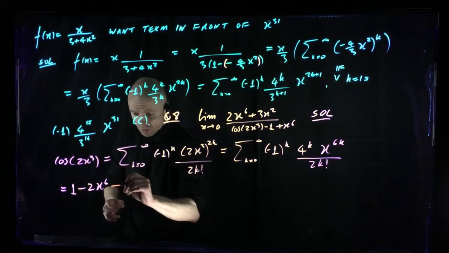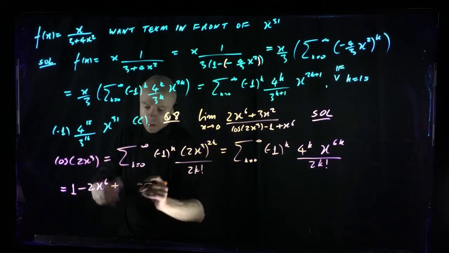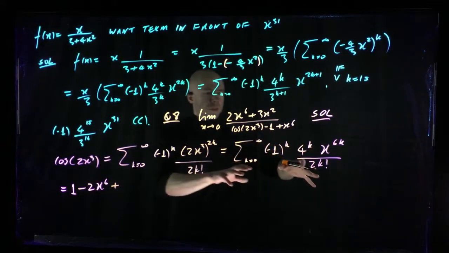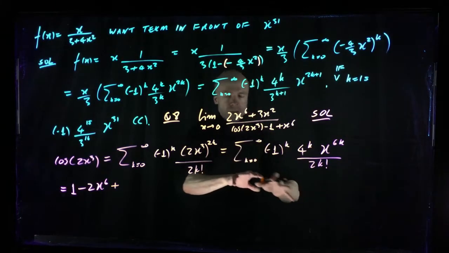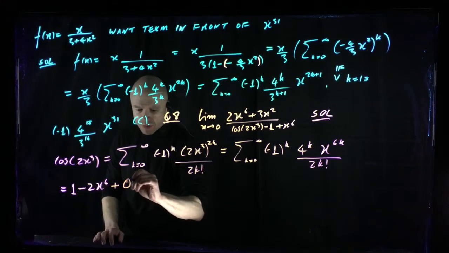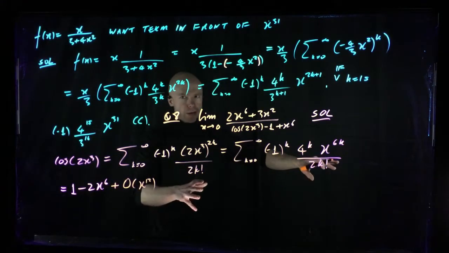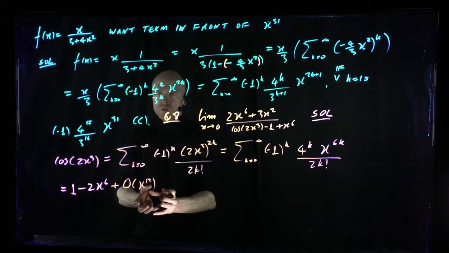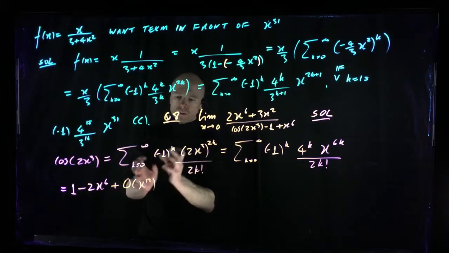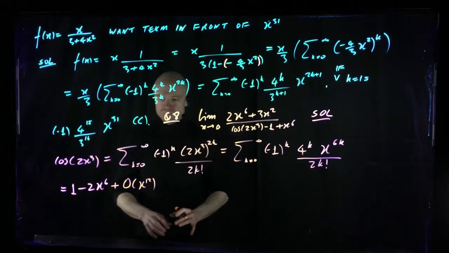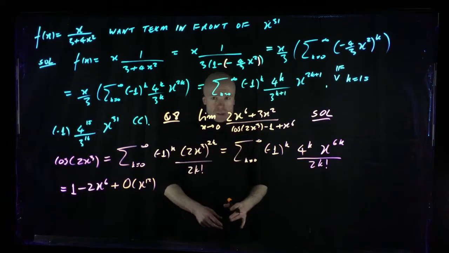Let me write some stuff. I'm just going to write O of x to the 12, which means that everything to the right will be of order x to the 12. It'll be of the size of x to the 12, more or less, with some coefficient in front or smaller, right? So when I put it into this expression here,